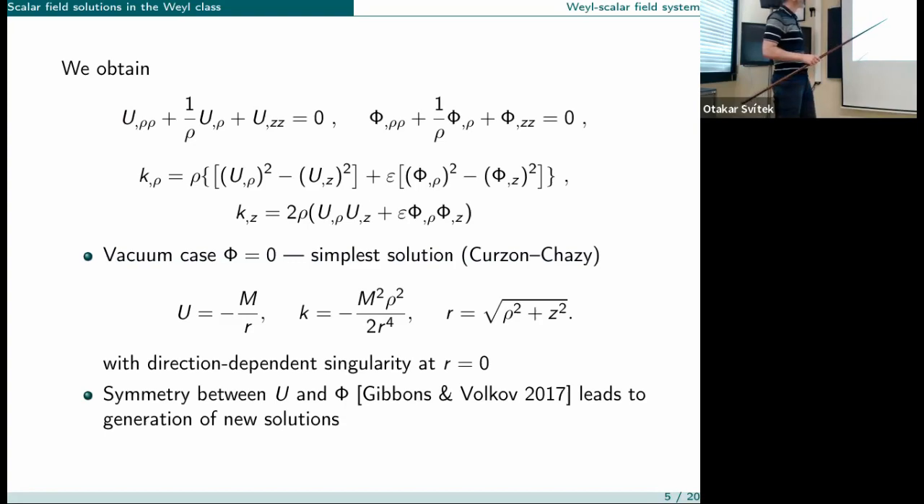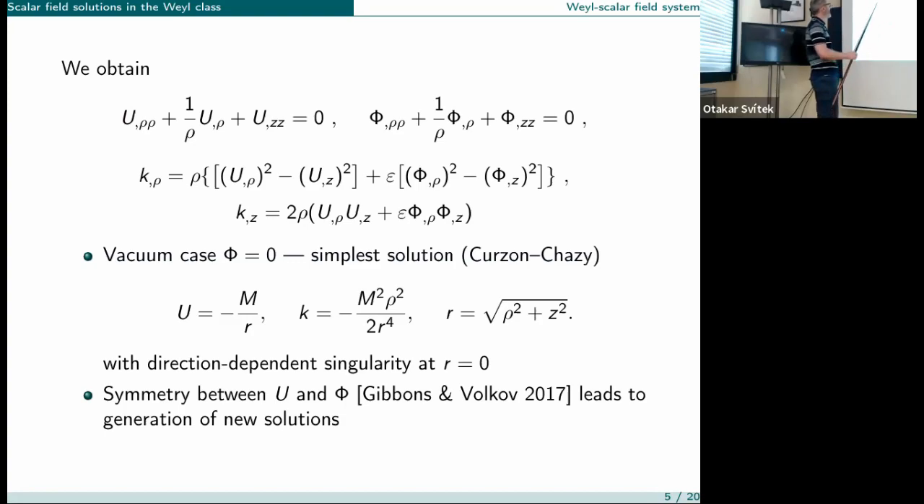Another thing to notice is that, apart from u and phi having exactly the same equation to satisfy, they appear quite symmetrically in the equations for k. So this immediately leads to those symmetries that we will be talking about. And the simplest solution of this class is, of course, when you take, let's say, we are in vacuum,